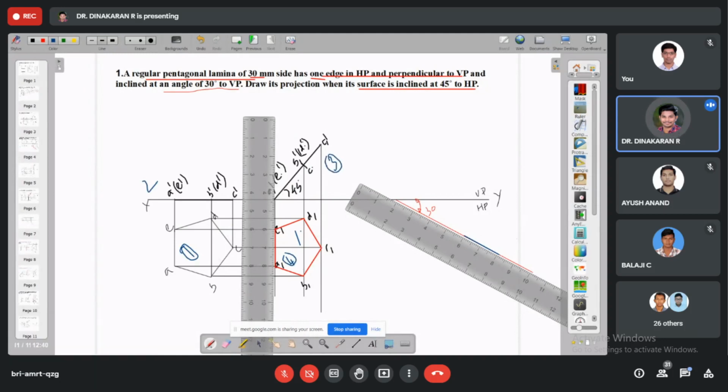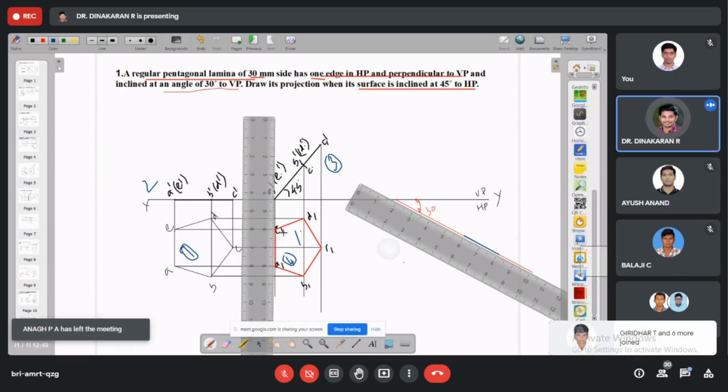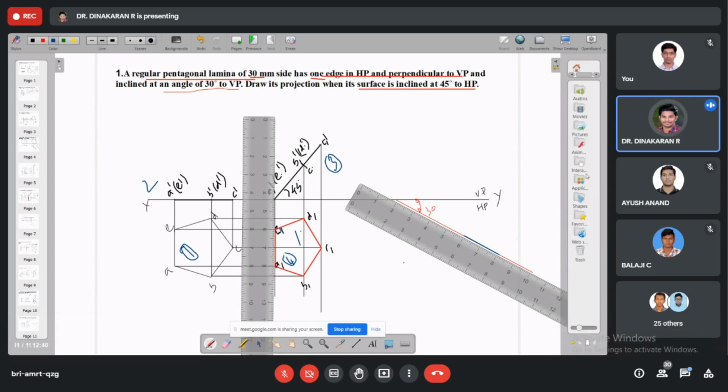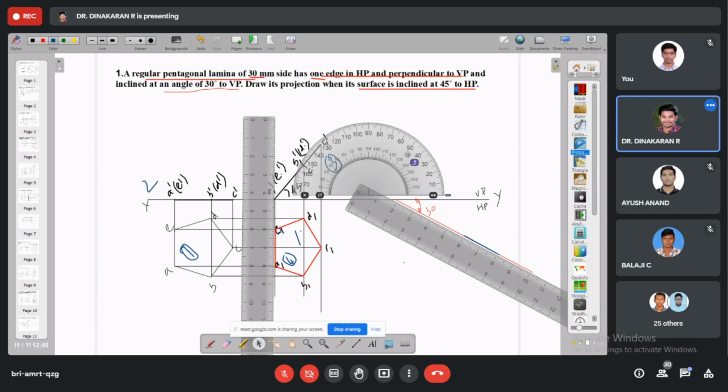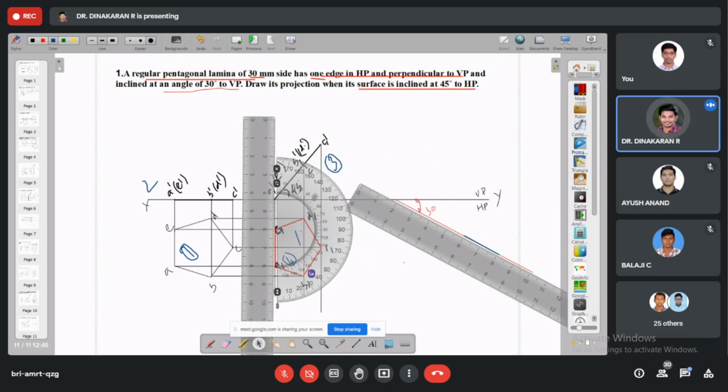You compare 1 and 4, which one is the reduced? 4. So what are the dimensions in 4? The same dimension will come on this final fifth question. So how much angle is there? That angle will come on the fifth question. So measure it, how much angle is there? Otherwise use a compass, very easy for you, measure it.